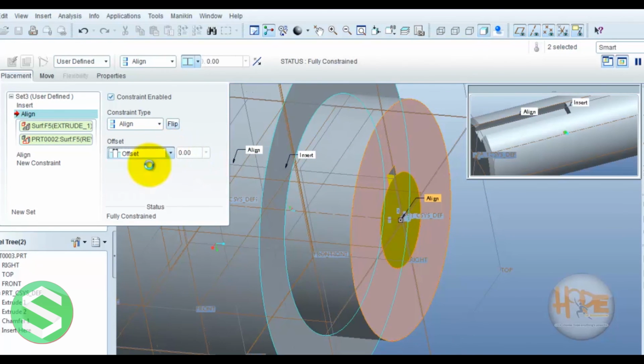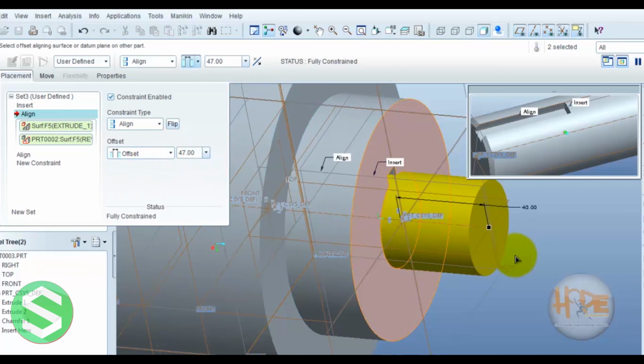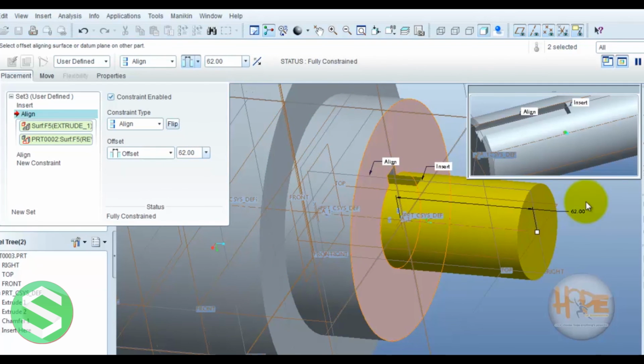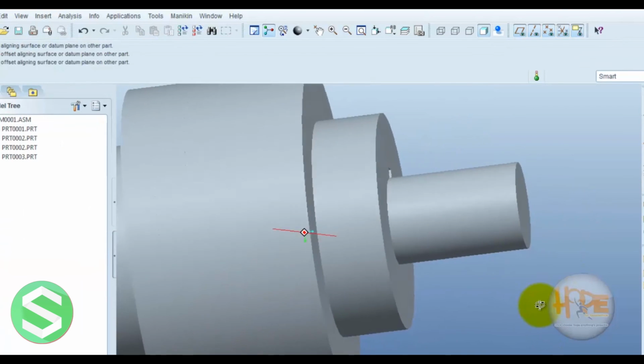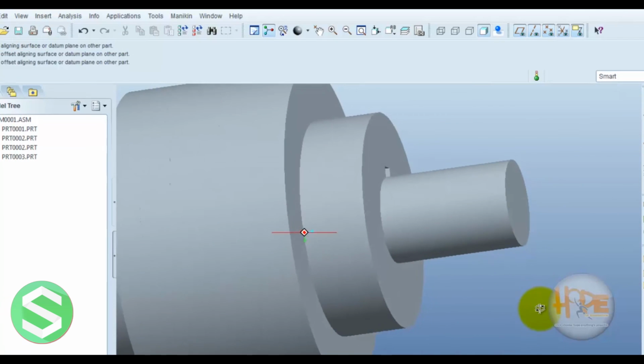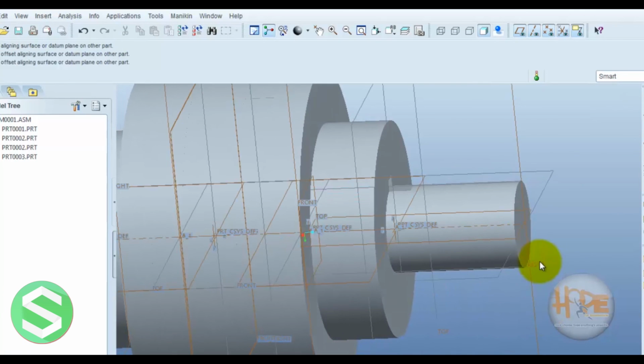Now we can apply the offset. Now you can easily see this part assembled with this surface.